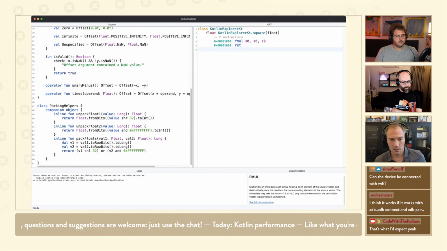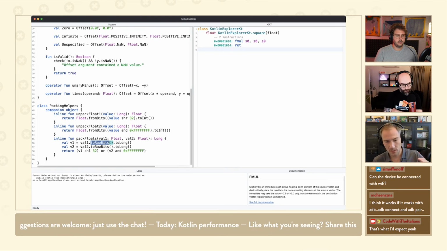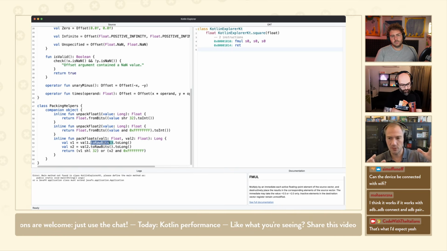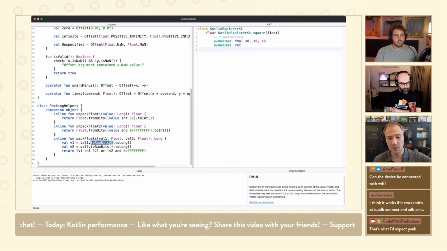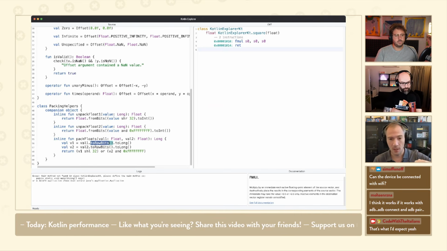It's pretty simple. You have a float. There's a method in Kotlin, and there's an equivalent in Java called toRawBits. It basically tells the compiler, just give me the float as an integer, but don't do a conversion, right? If my float is 1, I don't want the integer 1. I want the integer that represents the bits of the float. It's literally like, give me the memory of that float.